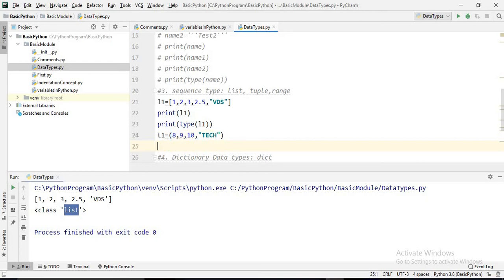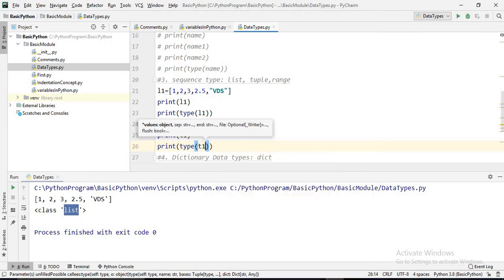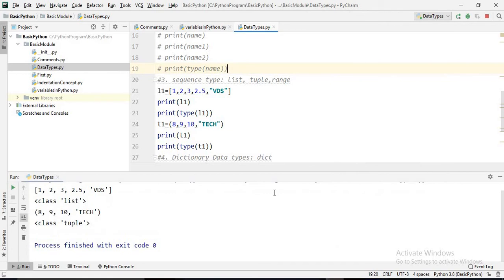We'll print t1, and then find the type of this one with the type function, type of t1, and execute. It will tell you the value and the class is tuple only.